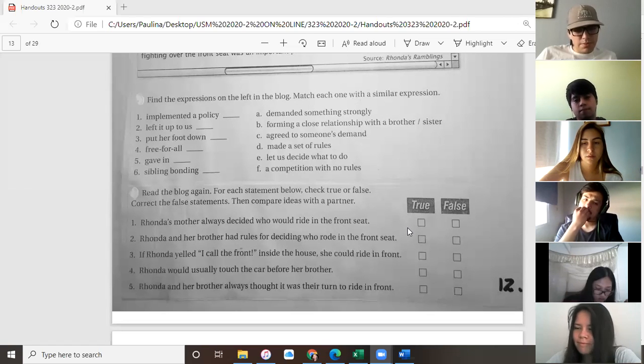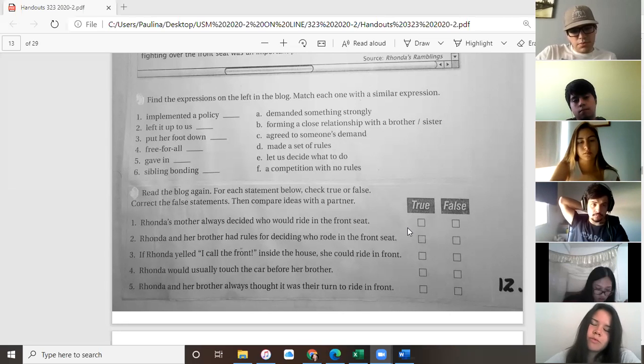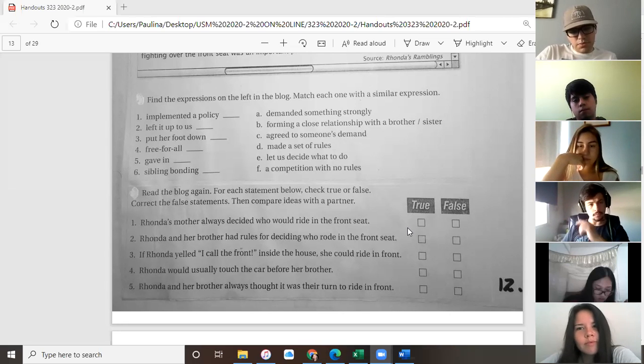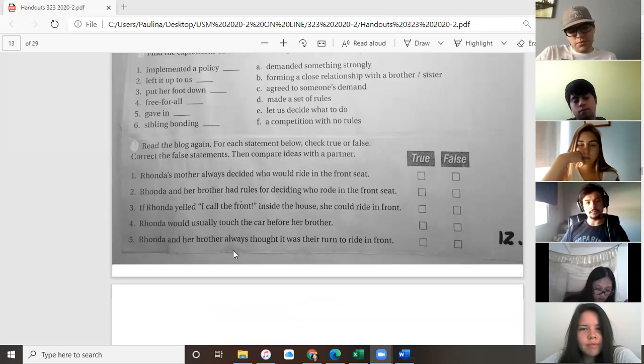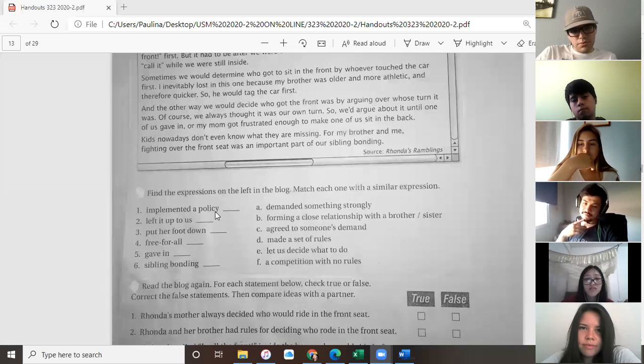False. No, it's true. Because they had to say, I called the front. But it says inside the house. Yeah, but not inside the car. If you say this inside the car, you lose. But if you say this before getting into the car, you win. But in the text it says that they have to